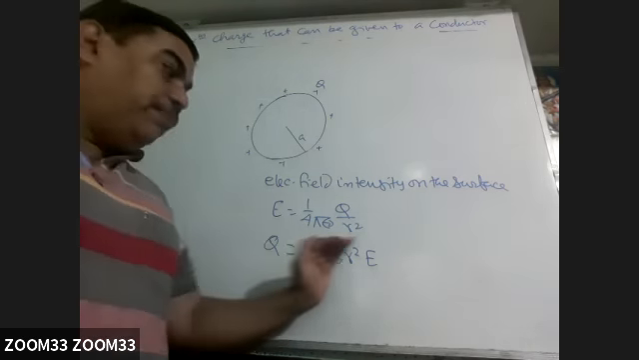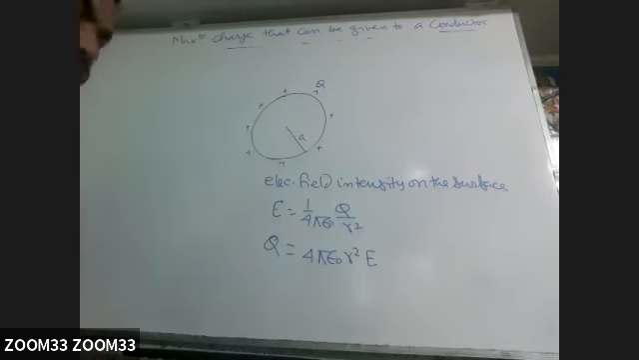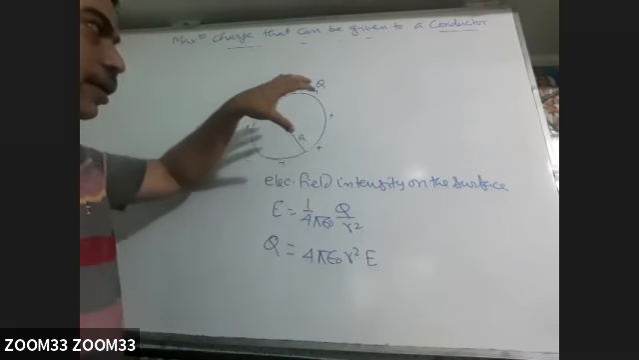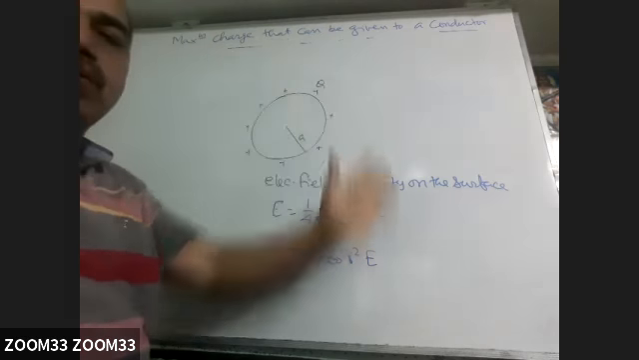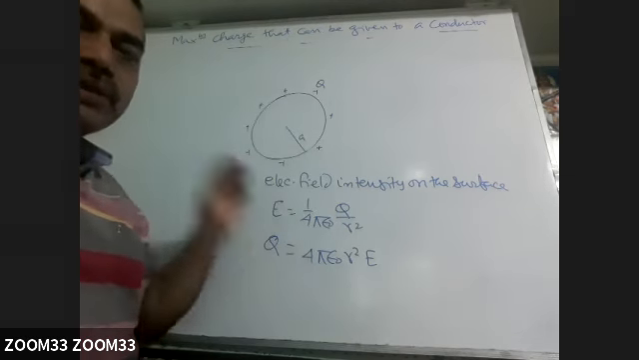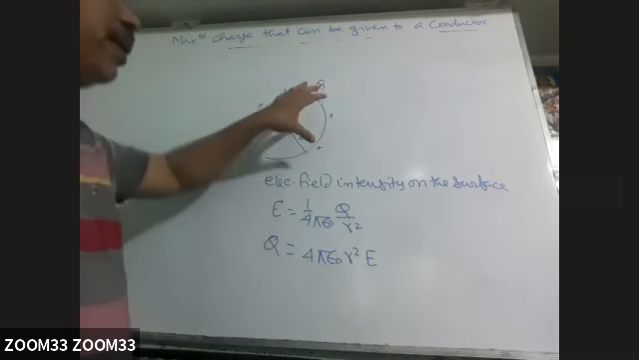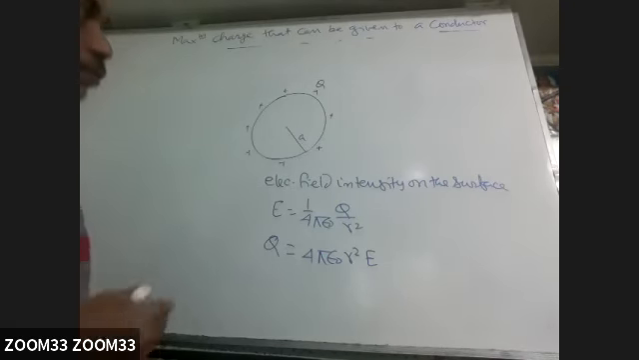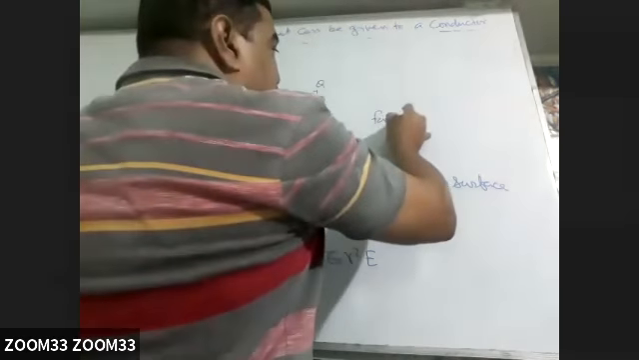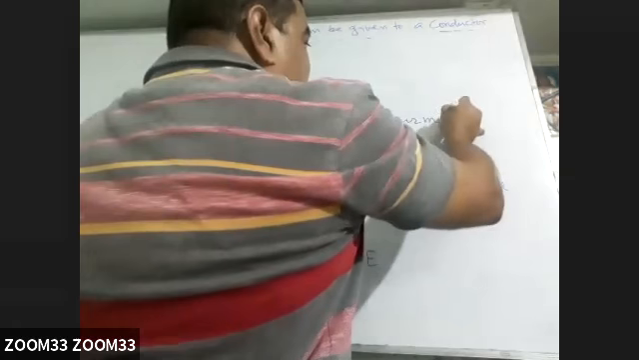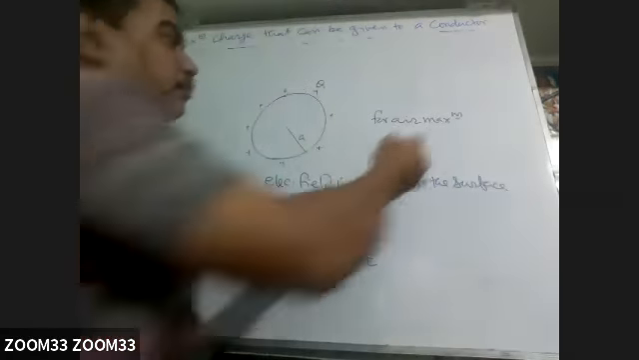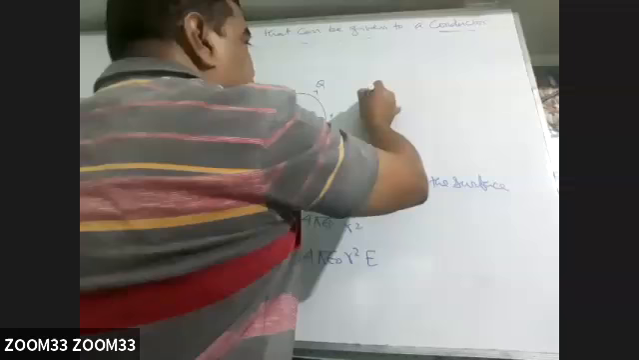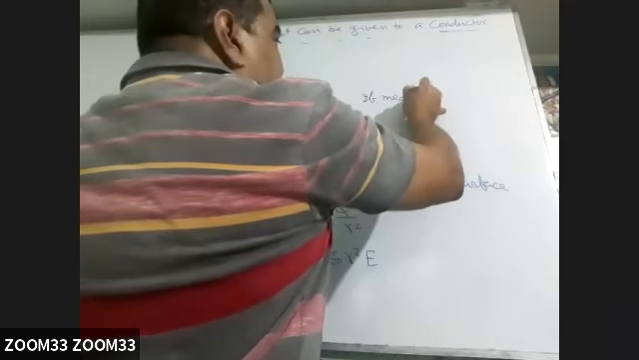That means this will depend on the electric field intensity, how much you can give. Now there is a maximum value that we call the breakdown electric field. It is the maximum electric field that can be given to any object in a particular medium. So for air, the maximum or breakdown electric field, if the medium is air,